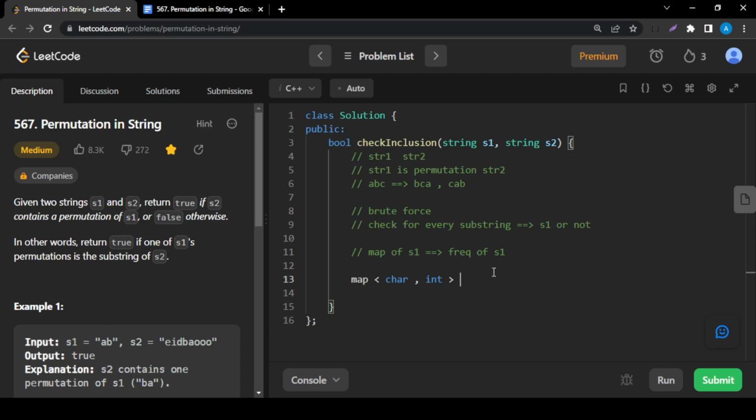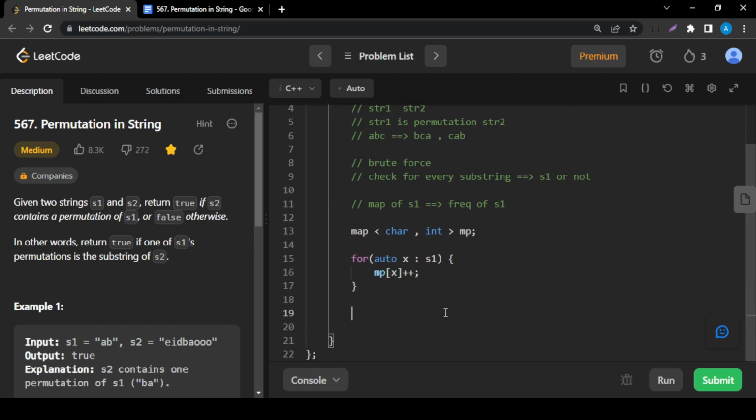So for auto x in s1, map of x plus plus. Now this map stores the frequency in s1, and now we'll iterate over all the substrings